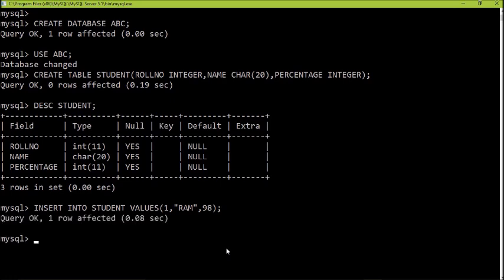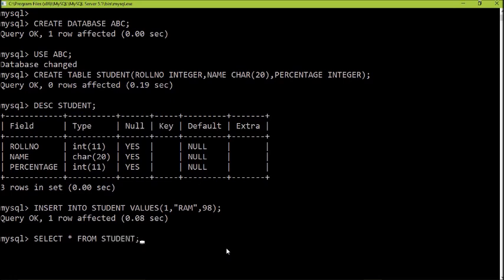One row affected, it shows that this row has been added to the table student. Okay, now we will try to see whether this particular row has been inserted or not. So select star from student.